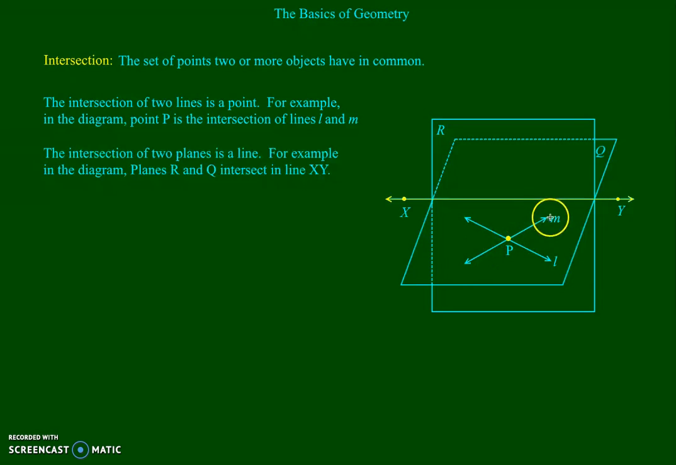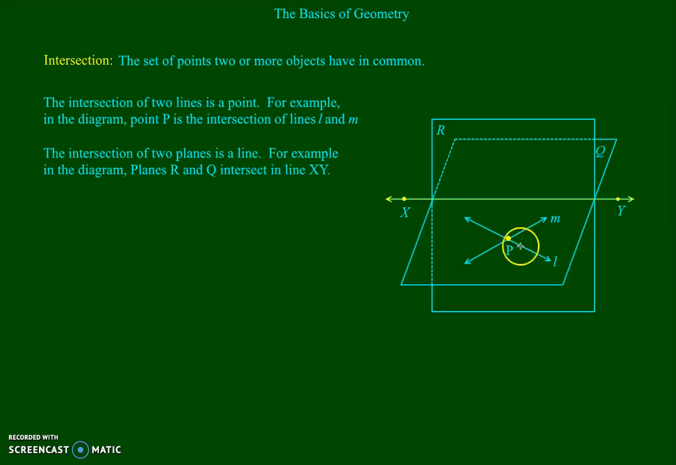So this line would be line M. This line would be line L. In this particular picture, since we only have 1 point, we couldn't use collinear points to name either of these lines. So looking at the intersection of line M and line L, here we have an object that has no